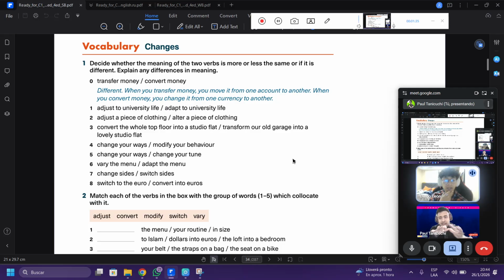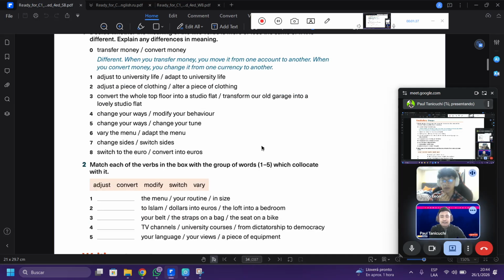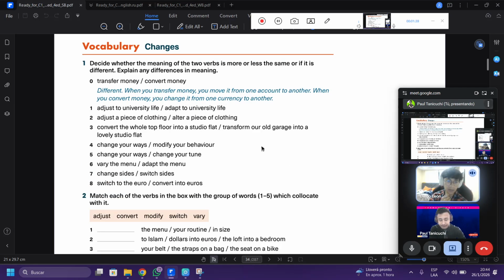Do you think it's the same or kind of different? There is kind of the same, adjust and adapt. Adjust is like trying to fix some little aspects for your university life, and you have also to adapt, that is kind of the same. You adapt to the daily life. You are adjusting your routine. Yeah, that is my point of view.